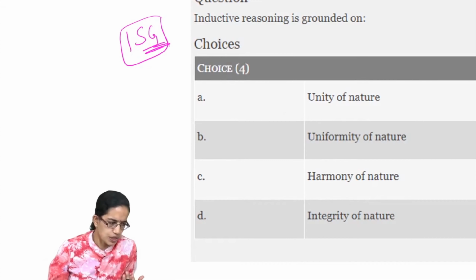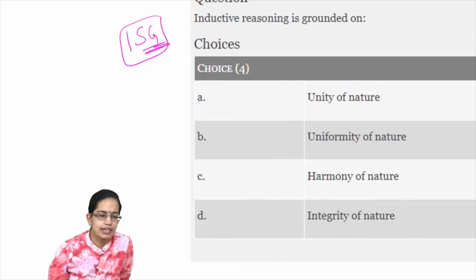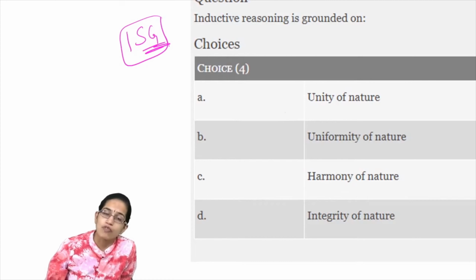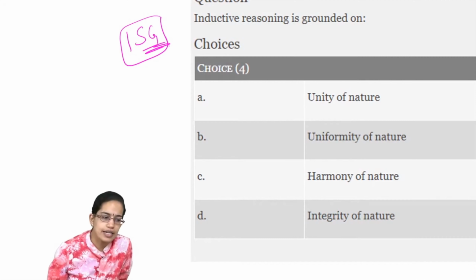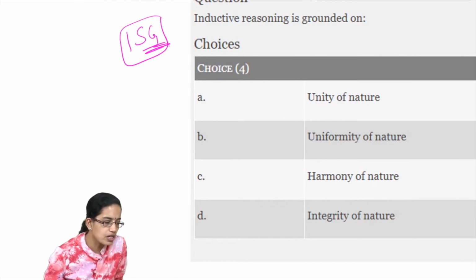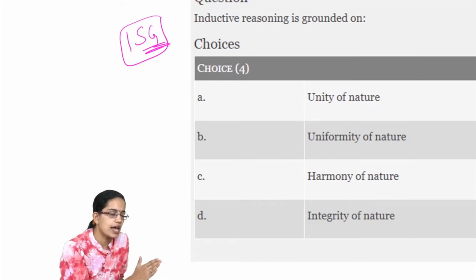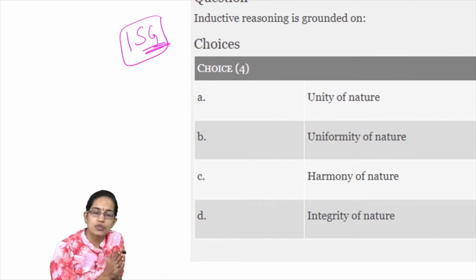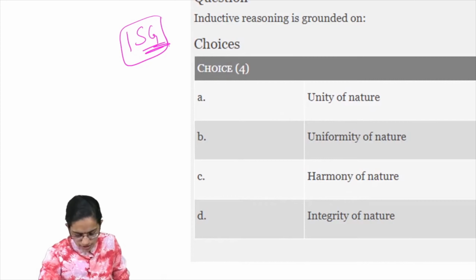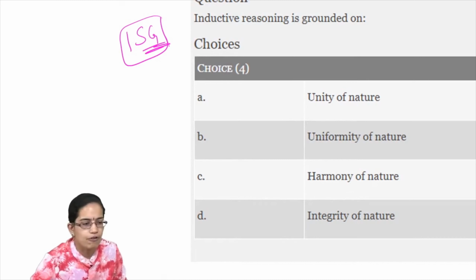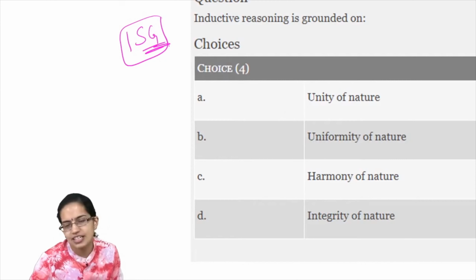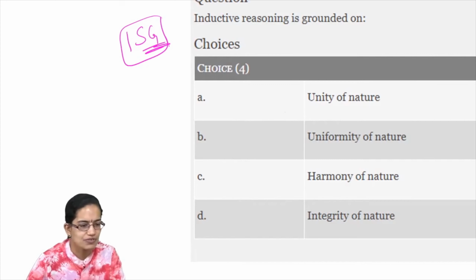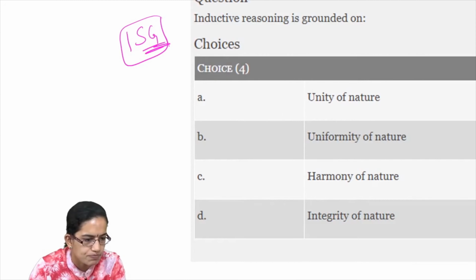So let's say I see some of the swans that are there which are white, and therefore I say all the swans are white in color. This is an inductive approach, and there is where you have a uniformity. This was laid down much before the discovery of black swans was seen. So that was only about white swans that we had discussed. I hope that is clear, and we are strictly on time, so we have covered the ones for today.